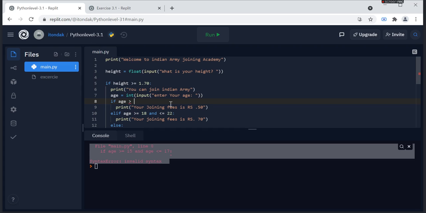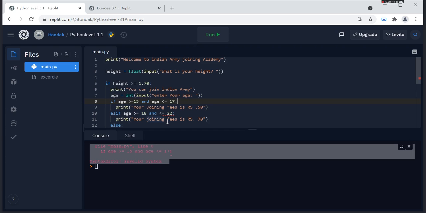Oh, sorry. Greater than 15, greater than 15, but sorry, and age less than 70. Okay.